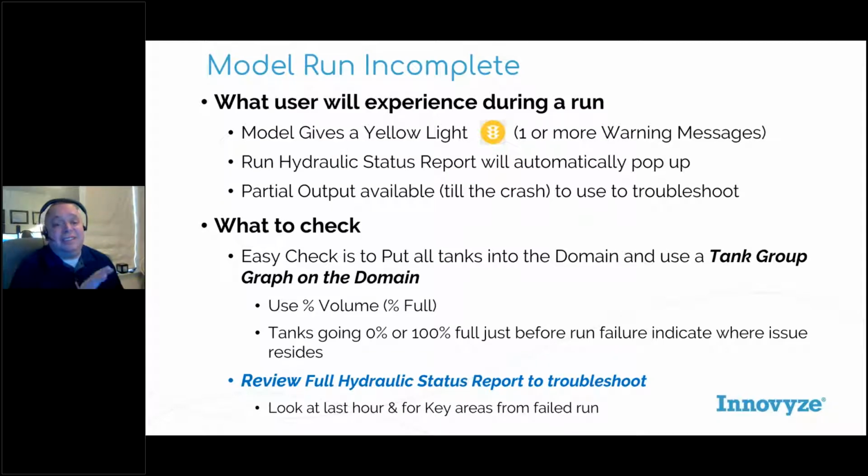But it's really nice that now, for about 8-10 years or so, if not more, it's giving you partial results so that you can say, okay, well, what happened? When this happens, usually the first thing that I recommend checking is to look at what's called the tank group